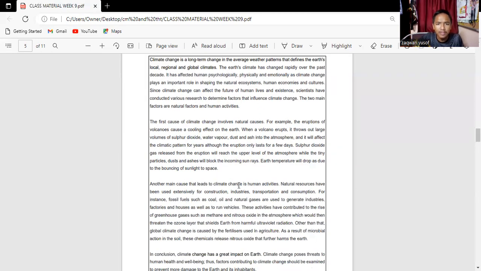The first cause of climate change involves natural causes. For example, the eruption of volcanoes causes a cooling effect on the earth. When a volcano erupts, it exudes a large volume of sulfur dioxide, water vapor, dust and ash into the atmosphere, and it will affect